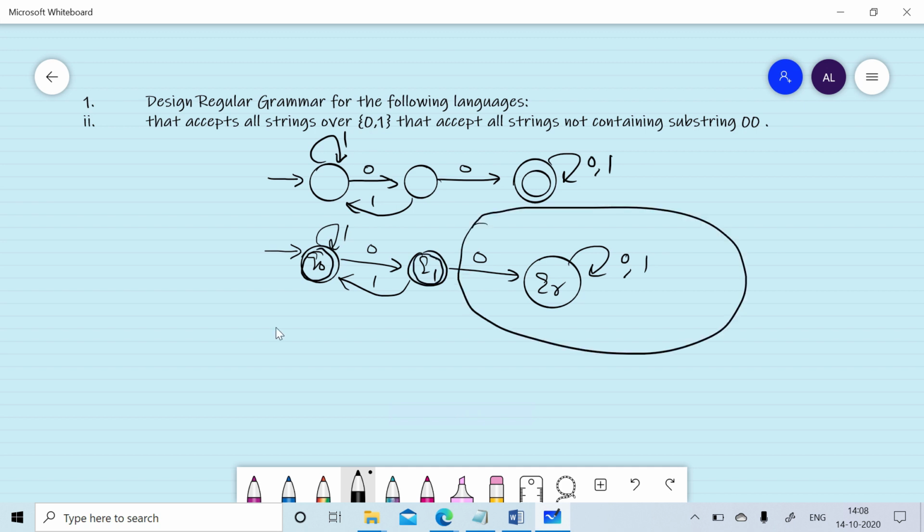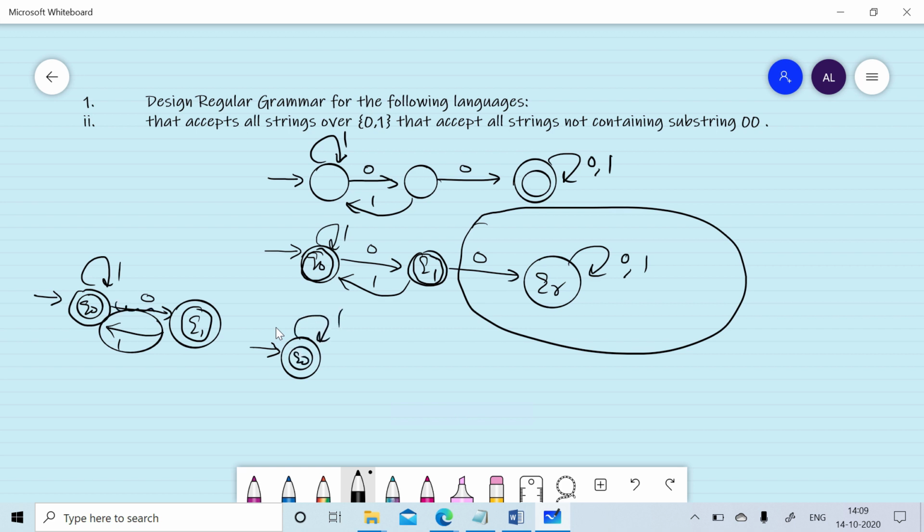Now once we reach the QR state, there is no outgoing edge from QR to Q0 or Q1. So we can consider Q0, Q1, and we can remove this rejected state.